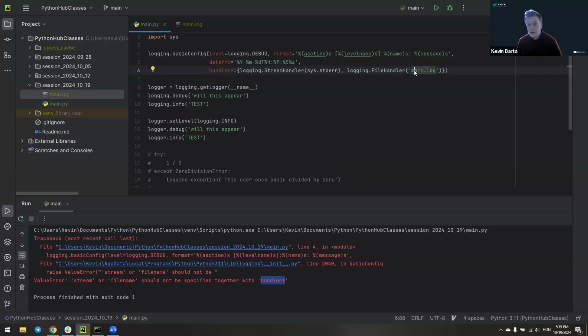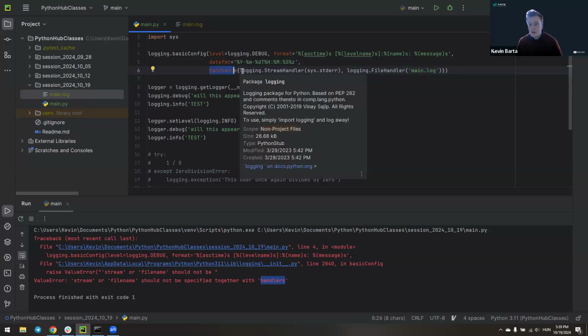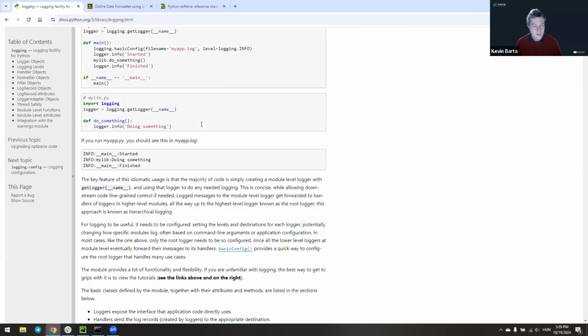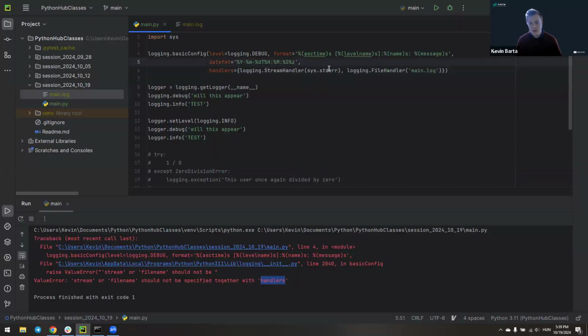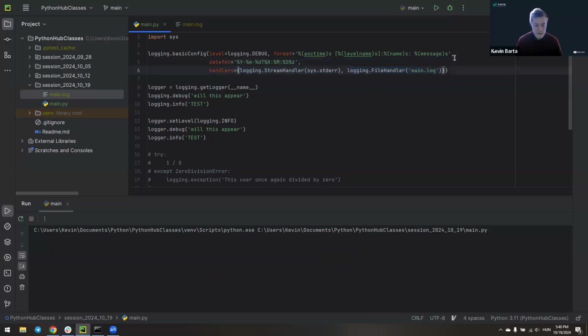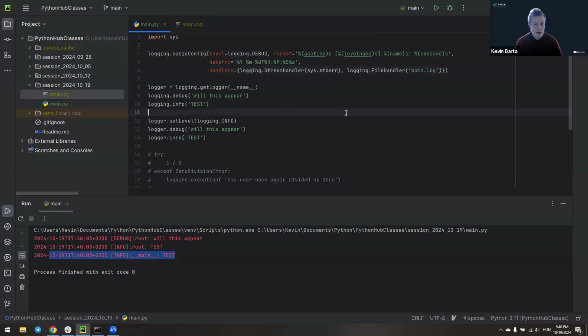So it doesn't work together. If you have the handlers specified, you cannot use the file name attribute here. You have to instead add it manually like this. That's just a rule, but it's easy to get used to. And that's it. There you go. It's done. And I guess needless to say, but let me also mention that